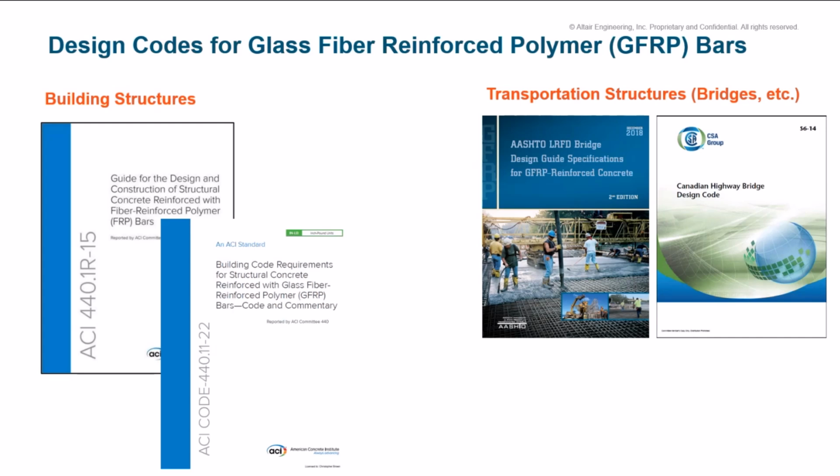So just a summary on the GFRP design part. What has been important is that there's been an evolution of the codes for this product, both on the building side and on the transportation side. On the building side, ACI, the American Concrete Institute, has been at the forefront, initially providing a guide for use of the GFRP bars, but now, more importantly, codifying it into a building code